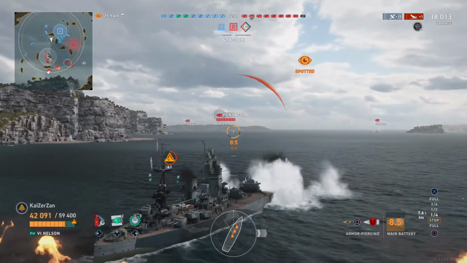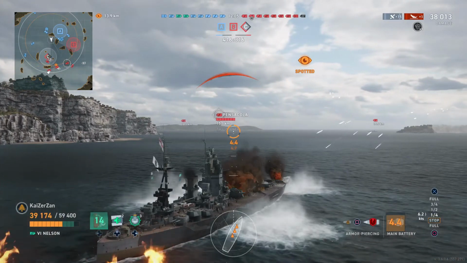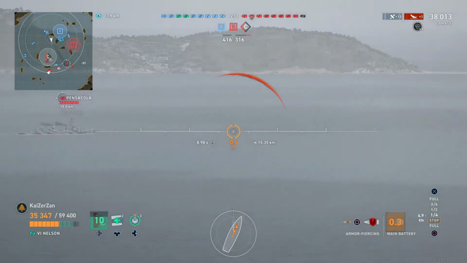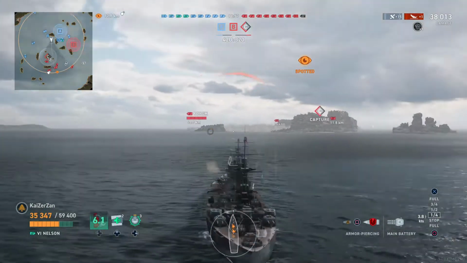Alright, so now we do see a Genizer over there and a Pensacola. And we do know there is an Ignis Purgatio in front of us somewhere. And a Leander as well. So here I am taking a lot of damage. So I'm starting to slow down to a complete stop. And I'm trying to